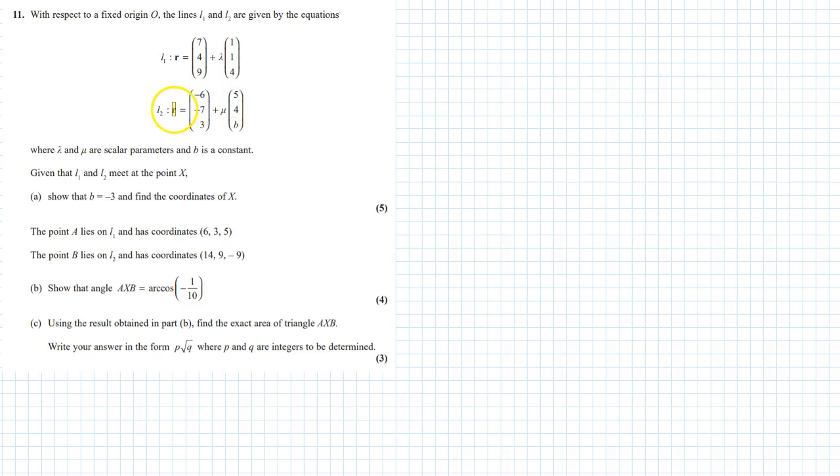International Advanced Level C34 May 16, question number 11. With respect to a fixed origin O, the lines L1 and L2 are given by the equation, where lambda and mu are the scalar parameters and b is a constant. Given that L1 and L2 meet at point X,